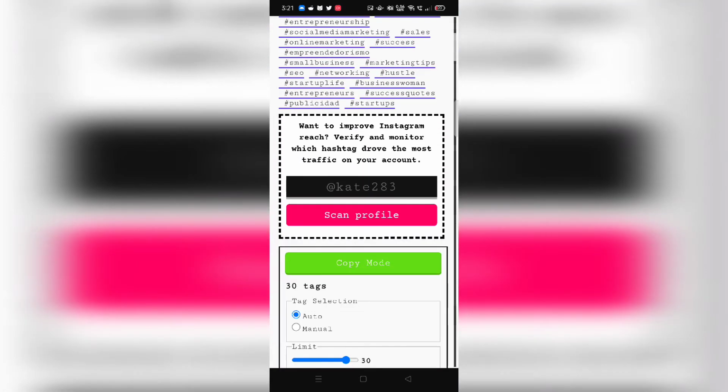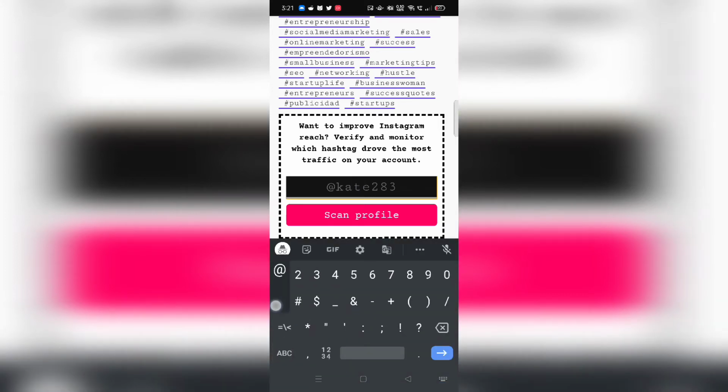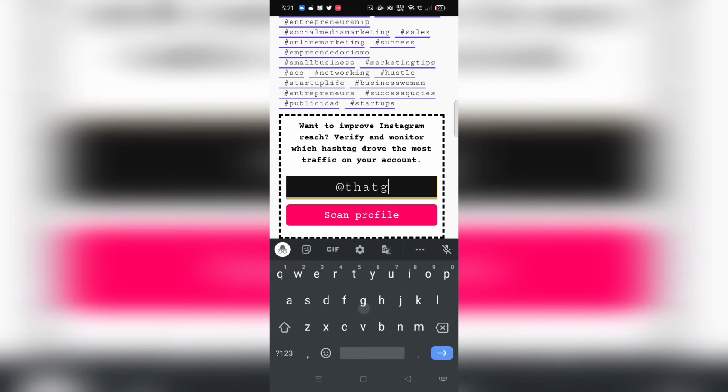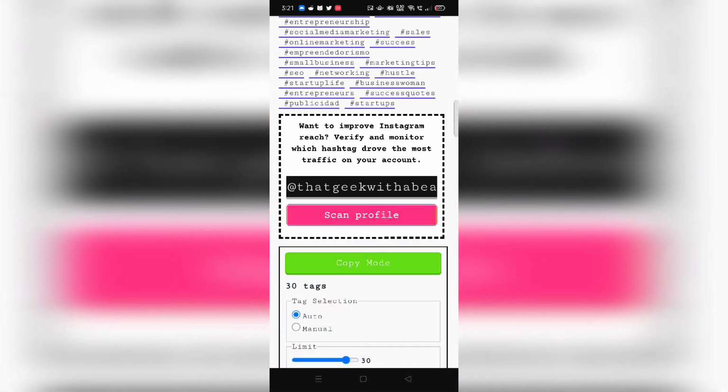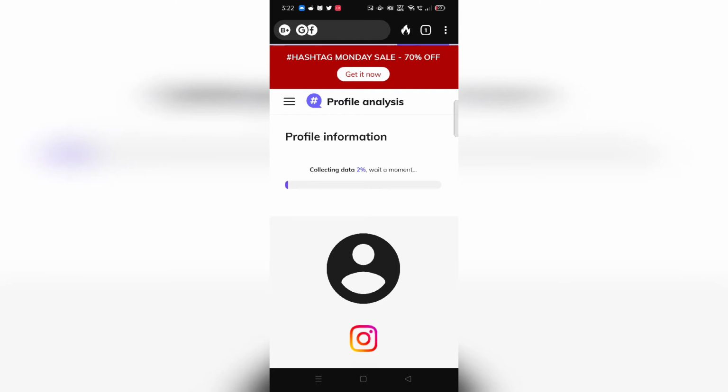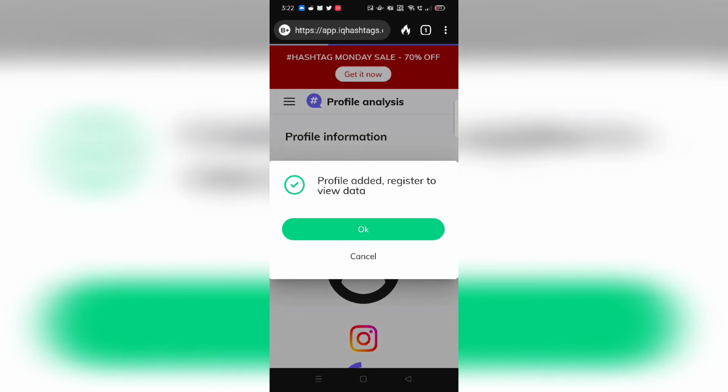As I said, the scanning profile thing is basically a paid thing. If you want to scan your profile, you are going to have to pay for that option. For instance, I'm just going to show you what exactly that does. So this is my Instagram handle, and I'm going to scan the profile. It should either take me to, yes. So this basically takes you to a different tool altogether, that is IQ hashtags, and it says that profile added,